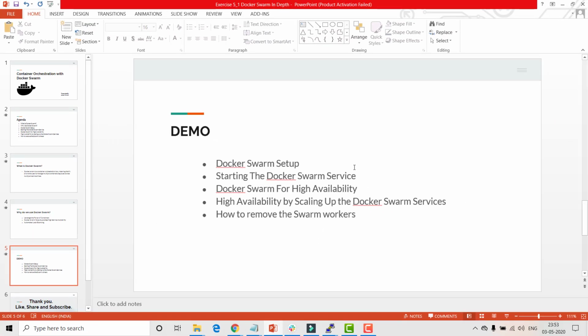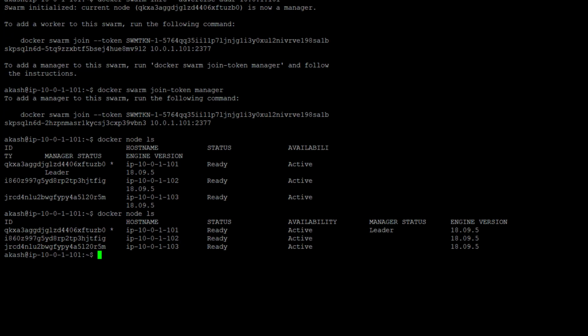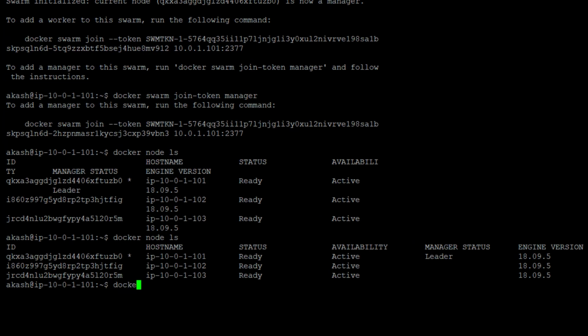The second demo is that we have to start a docker swarm service. So instead of creating a container for an application, let's create a service in docker swarm. The command to create a service is docker service create. Let's give it a name. I'm going to create a Jenkins server, which will be managed across multiple containers and multiple nodes.